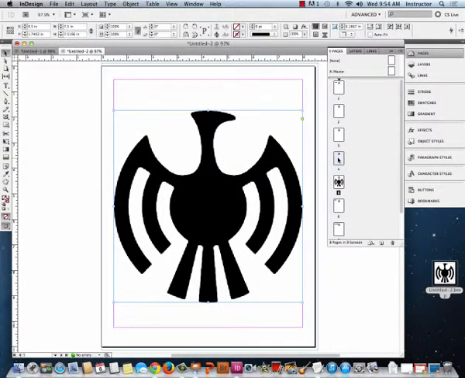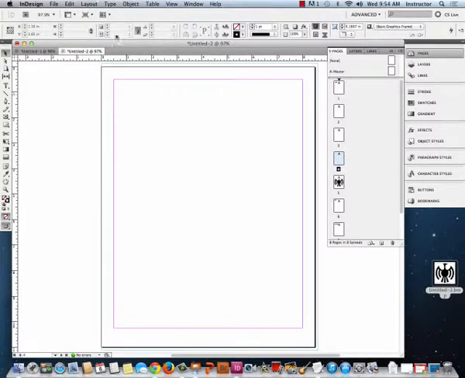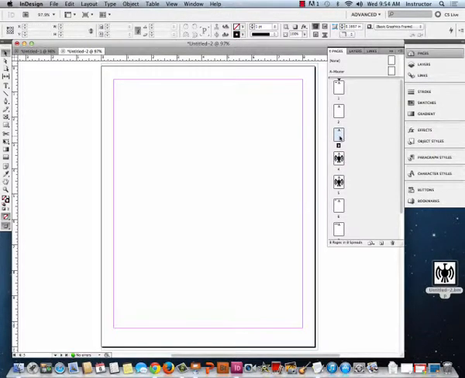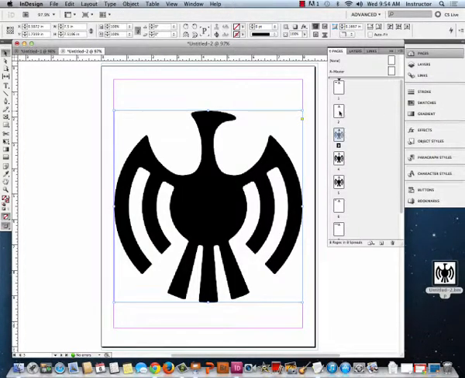I'm going to go to another page and paste it. Another page, paste it. Another page, paste it. So I've actually got four Thunder Turkeys up there, or however many you have. Now I could go to the effects and go through that whole process all over again, but I have already created an object style. So all I need to do is, with that object highlighted,